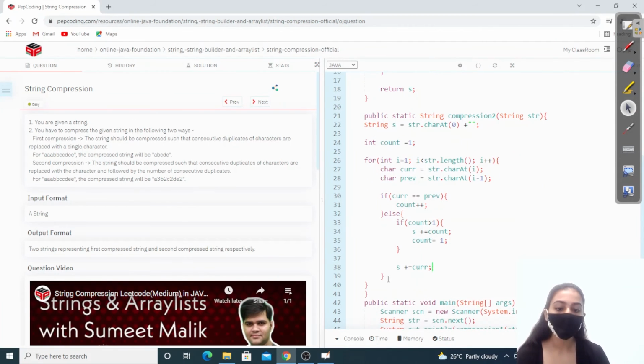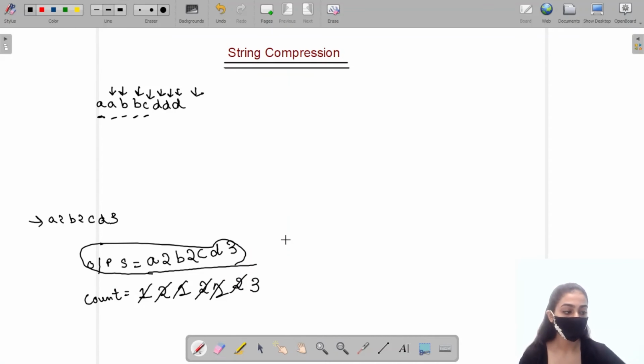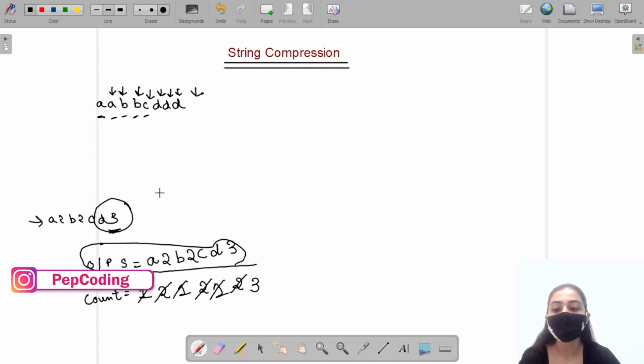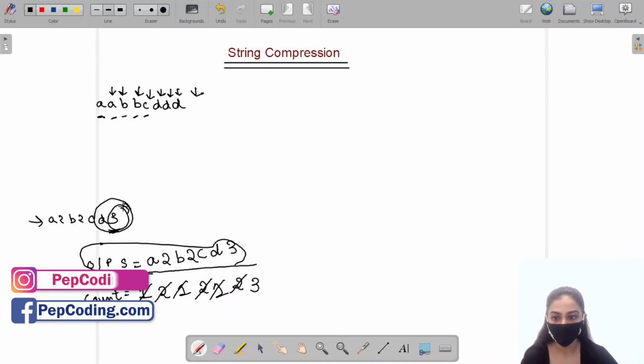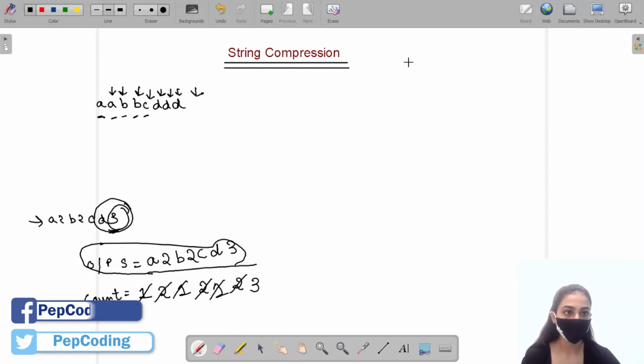And at last, we'll also check if the count is greater than 1 for the last element. Here you can see, for this D3, we have to check the condition. If the count is greater than 1, then we'll add the count here. Otherwise, we'll not add it, right?